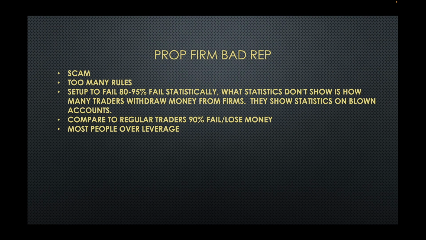So 5 minis is what, $250 a point. And if you only have $2,000, that's basically 8 points if you're putting on 5 contracts. That's an $8 move. You can lose your account. And that's basically what they bank on. And then if you play max contracts, which would be $500 a point, that means 4 points and you lose your account. So to me, that's how they make their money.